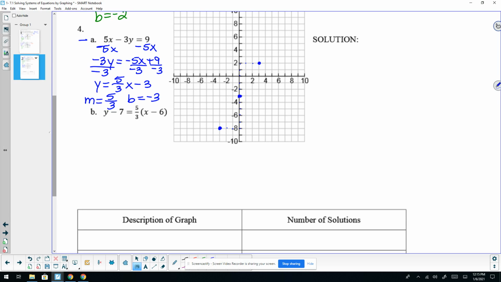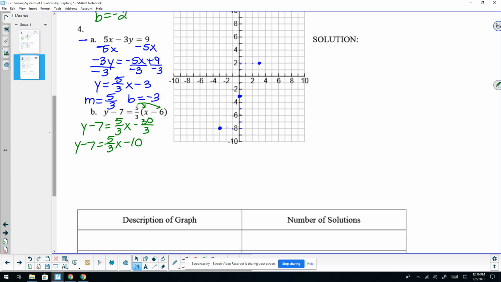Okay, on to the second equation. The first thing I need to do is get rid of these parentheses, so I'll distribute. Y minus 7 equals 5/3x times -6. In order to work this, you're just going to multiply the 5 and the -6. The 5 and the -6 would get you -30/3. I'm going to leave 3 in the denominator. Now, -30/3 can be simplified into